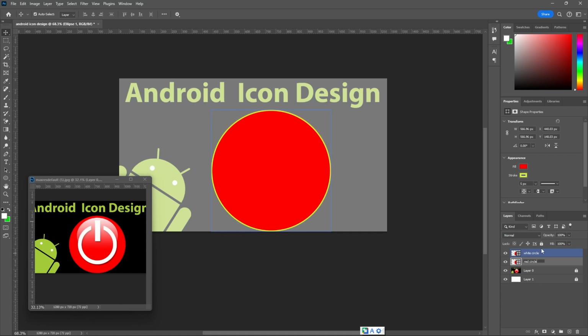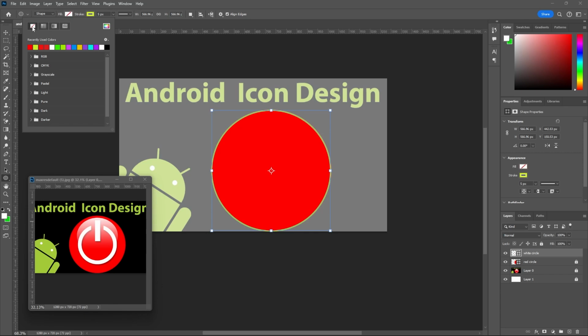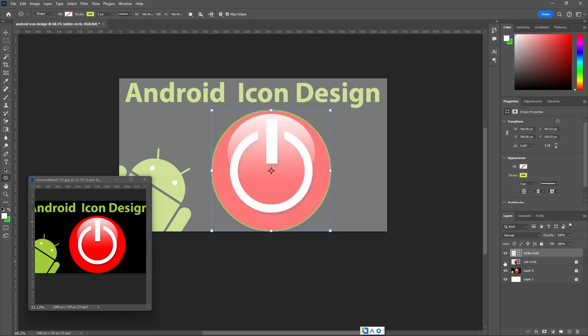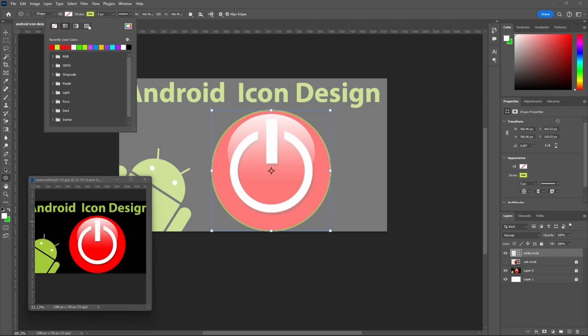So lock the red circle and come to white circle. And in white circle, suppose this is white, so that we have to fill color and click here and remove the red color. Okay, so for time being off the visibility for the red circle, so on that the new duplicated layer is there. So here change the color to white. Okay, the same way